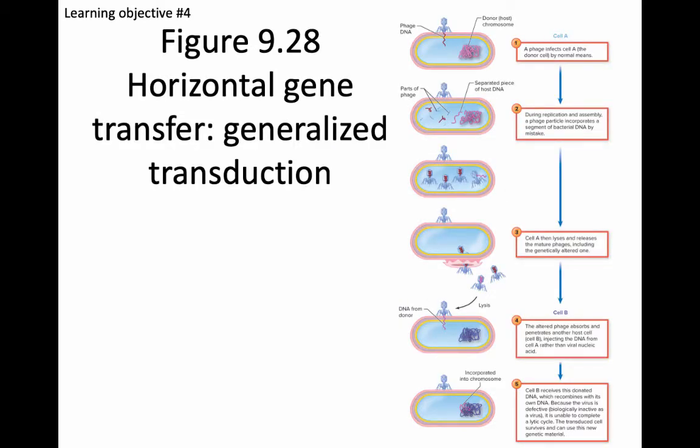The last type of horizontal gene transfer is transduction. And in this type, we have a bacteriophage, which you may recall is a virus that infects bacteria cells, that infects a bacteria cell, as shown in the top of figure 9.28, and injects its viral DNA or phage DNA into the interior of the bacteria cell. The next step is that the viral nucleic acid or viral DNA takes over the host bacteria cell so that the host cell becomes a factory for viruses, and all of its cellular machinery are put towards making new viruses,